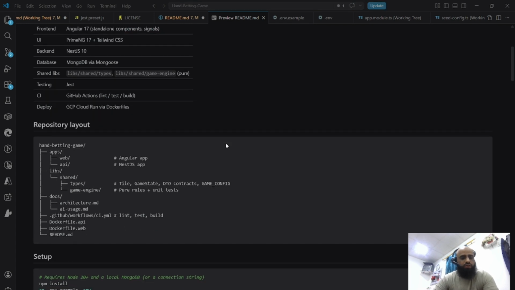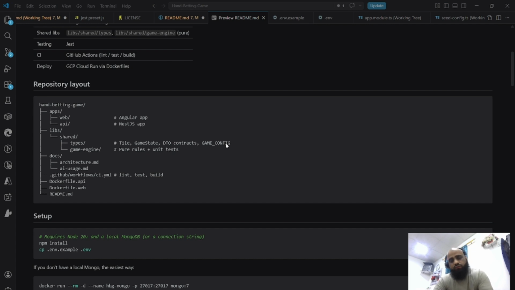Moving forward with the repository layout: how we structure things and what is where. It's very important when we build an application or a game or anything to place things in the right place. If not, it's very difficult to identify things, and it's very difficult to extend the features in the future. So, keeping in mind that we will need this code in the future, and that it should be clean and able to expand the code's functionality,